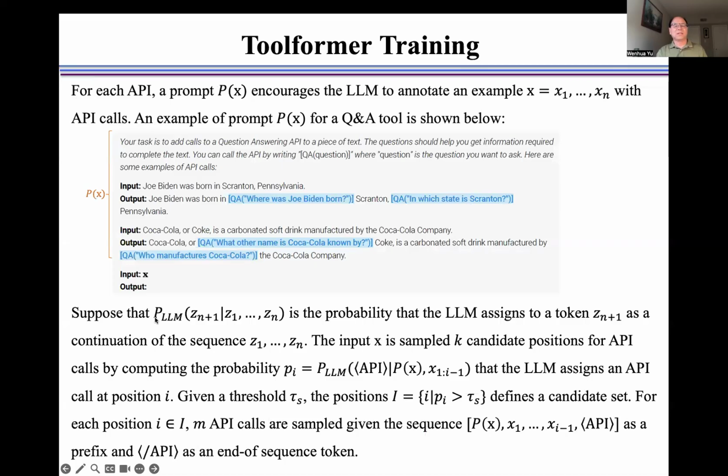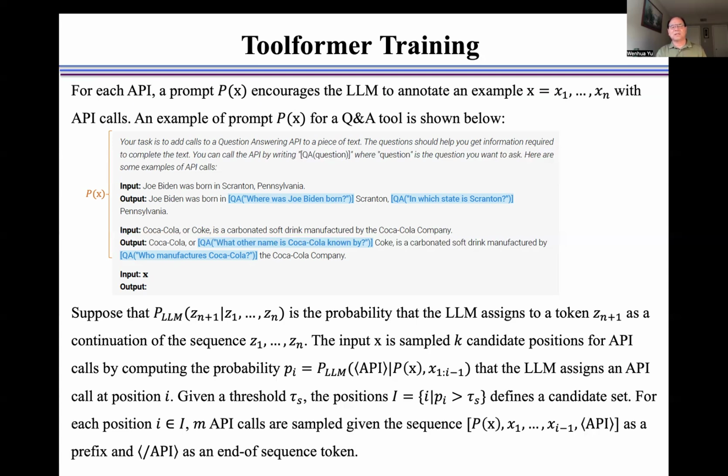Suppose that P_LM is the probability that the large language model assigns a token Z_{n+1} as a continuation of the sequence from Z1 to Zn. The input X is used to sample candidate positions for API calls by computing the probability Pi that the large language model assigns to an API call at a position i.